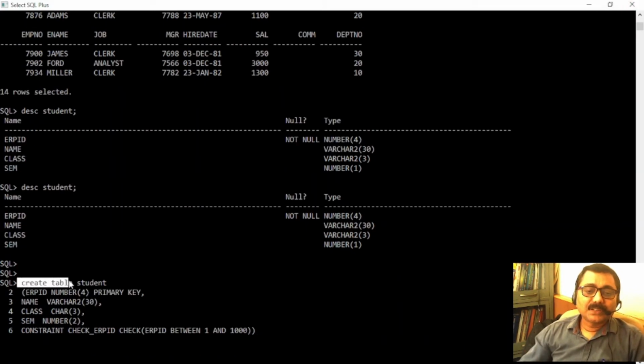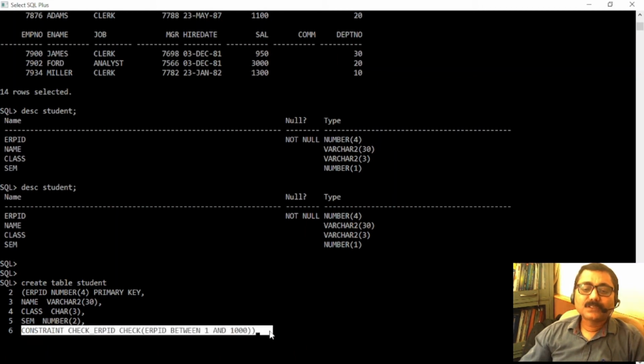This is a simple create table, we all know that. ERPID, the first column, is the primary key, name is the second column, varchar type size 30, class is char type size 3, semester is number size 2. I'm showing you how to add check constraints at the time of creation of a table.